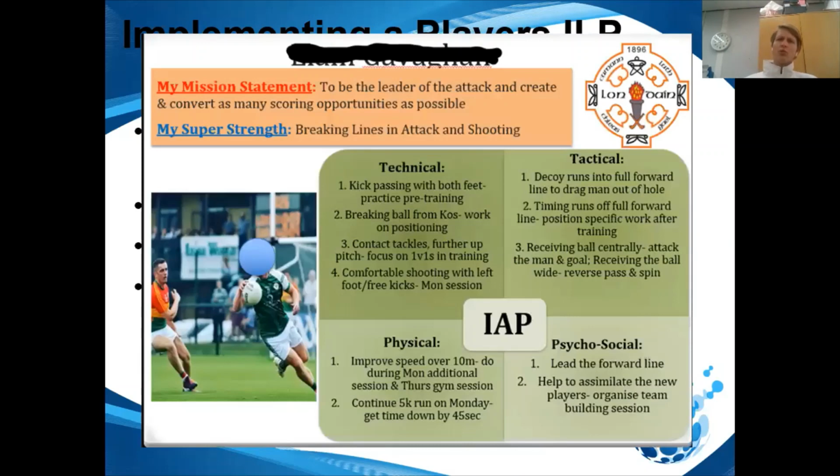So here's just an example of the skipper we had at London, blacked out name, although you can probably just make out what it is. So you can see visually how we then made it a bit more appealing to the player, to the basic one that I just had on the screen. So you've got the badge, you've made it a bit more official, you've got a picture of the player, which the players did. So the players created this.